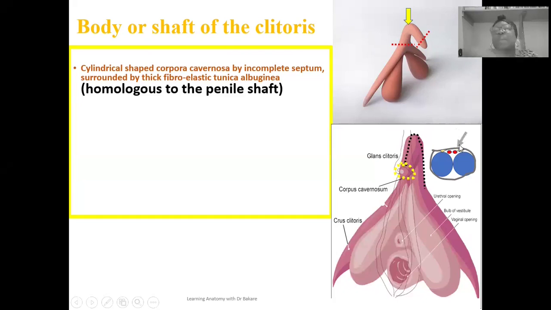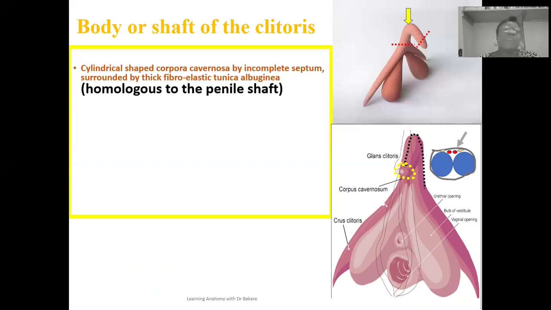You see it helping to hold these erectile tissues together. But what you see within the tunica albuginea are two corpora cavernosa. And this is what is projected here in this image, where you also have blood vessels embedded within the space. The body or the shaft of the clitoris is also homologous to the body or the shaft of the